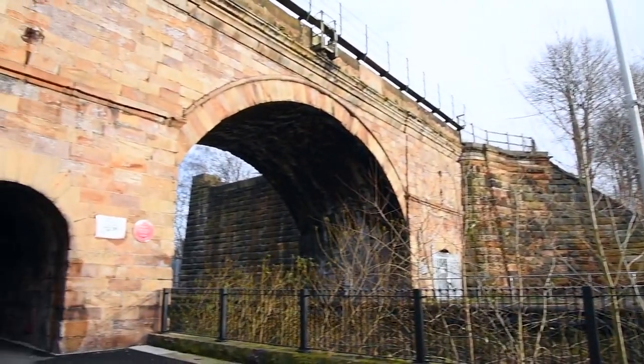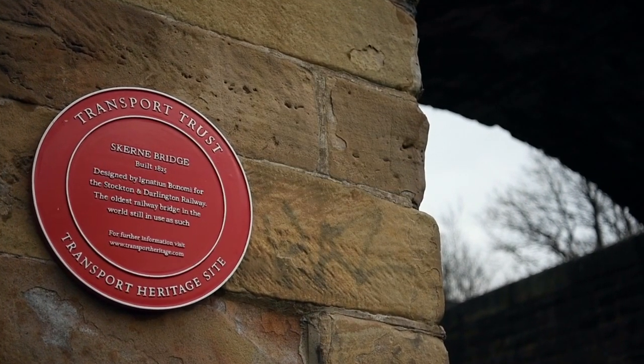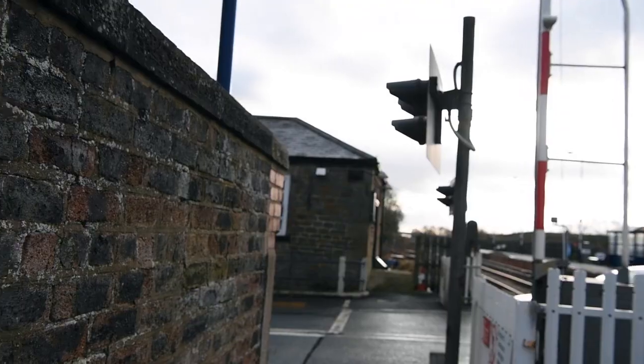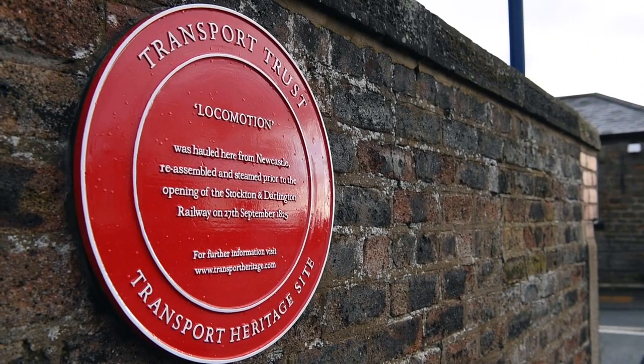Darlington was recently voted one of the top 10 places to live in the UK. Nearby, Skerne Bridge, which featured on the £5 note, is the site of the oldest passenger railway bridge in the world still in use today. Shildon Station is close to the Locomotion No. 1 pub. This is marked by a Transport Trust red wheel plaque and indicates where the world's first passenger train was placed